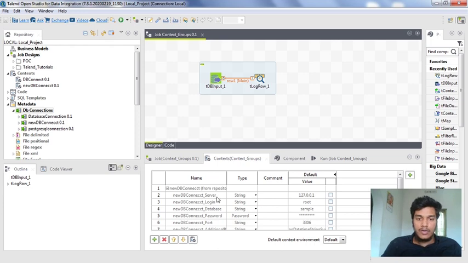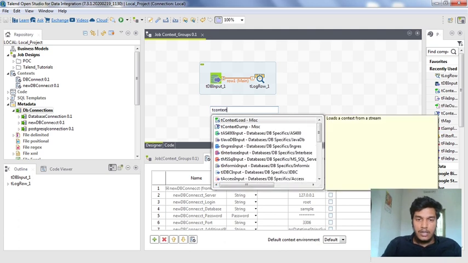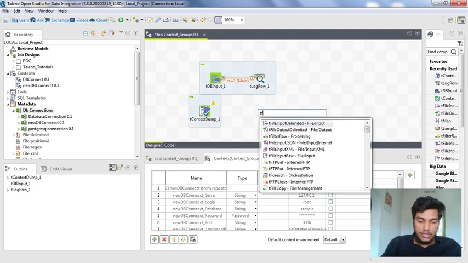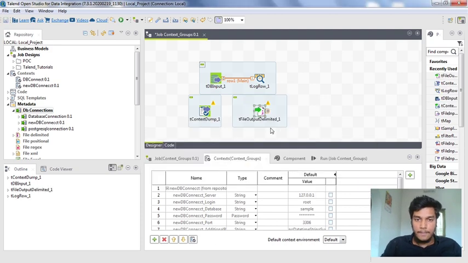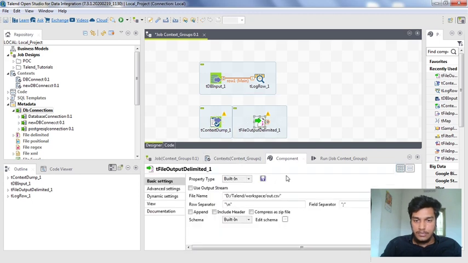Now what I want is to load this entire set of context variables to another file using tContextDump. Once the entire job gets run, whatever context variables are used in the above subjob, I want to load them into another file using tContextDump, through tFileOutputDelimited.